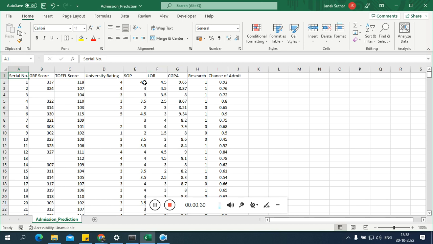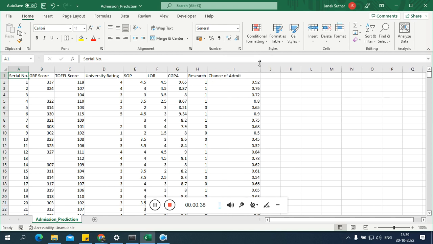These points are given with respect to each serial number, or you can say with respect to each student. And the chance of admission is identified on the basis of that. Now maybe they will ask to make a model. When you pass the TOEFL score, GRE score, university rating, SOP, LOR rating, that model will give you the output,